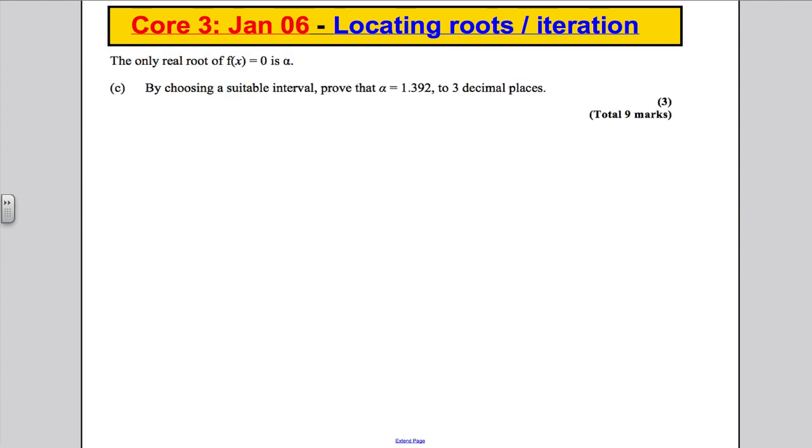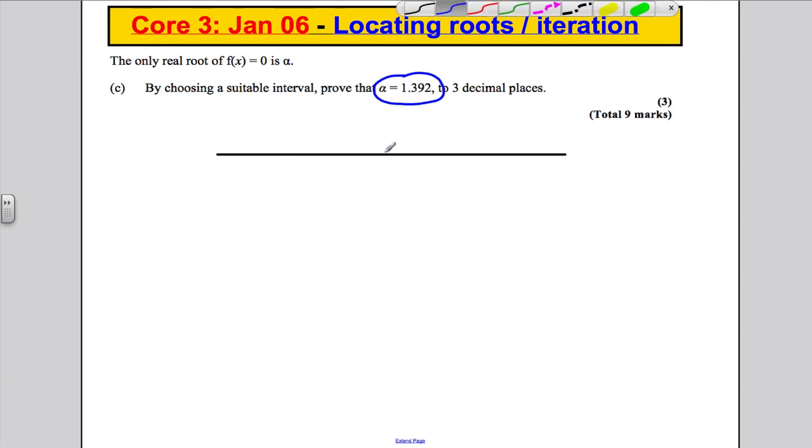Next, it says the only real root of f of x is 0 is alpha. By choosing a suitable interval, prove that alpha is this, is the correct answer to 3 decimal places. As we always do with these, if we're trying to show this is correct to 3 decimal places, i.e. alpha is 1.392, we would take the upper and lower bound of this, so we would check 1.3925 and we would check